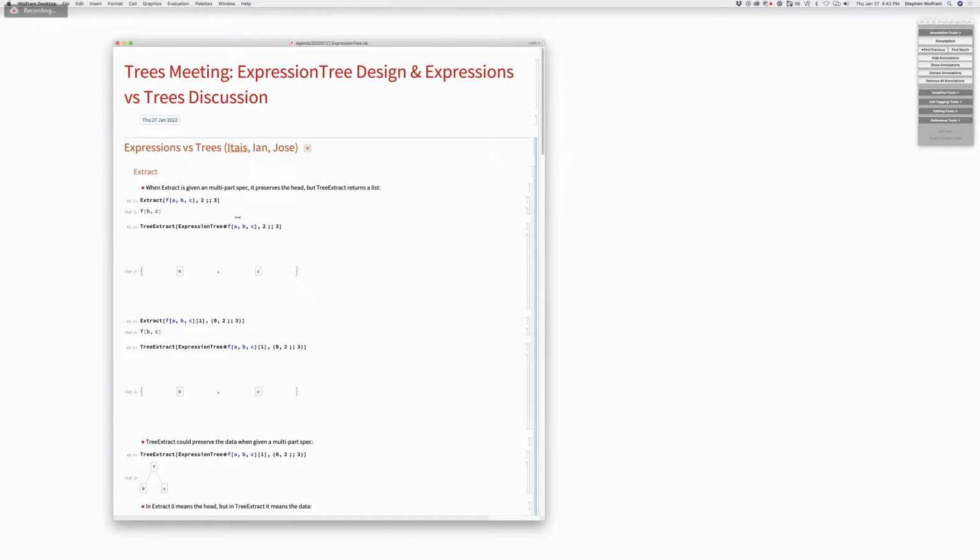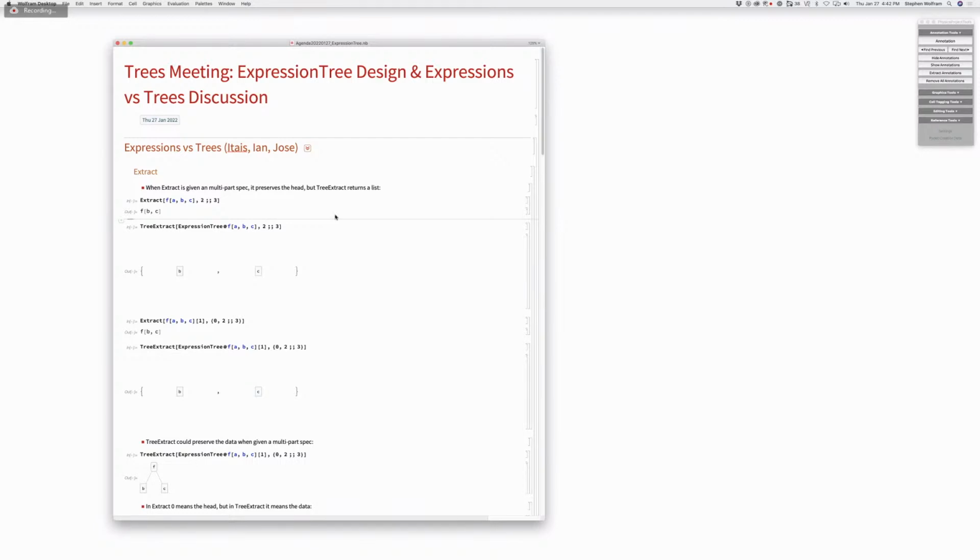So is this to do with head handling or part counting or what? Well, it's showing all sorts of things. I don't think I can narrow it down. Okay, fine. Bullet points. Right, which I guess is not necessarily an independent question from the tree redesign,